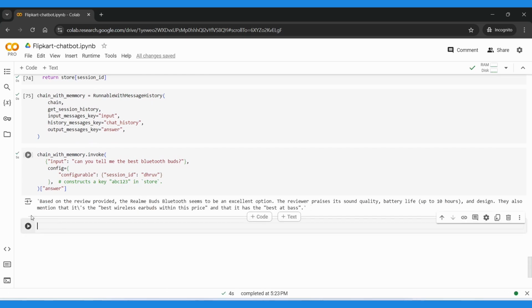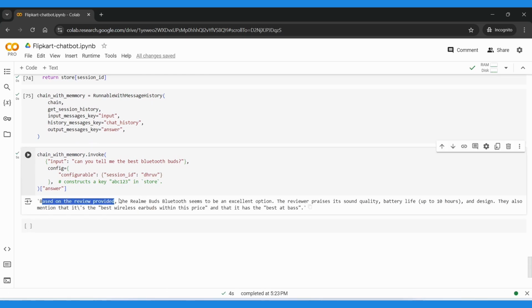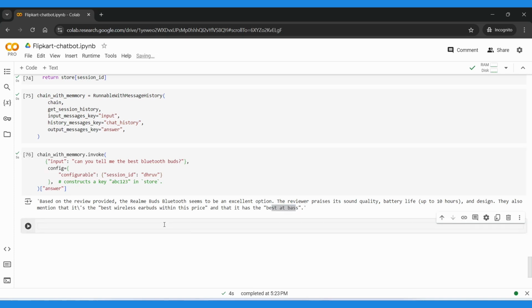See guys, it has suggested me, based on the reviews provided, that the Realme Buds Bluetooth seems to be an excellent option. The retriever praises its sound quality, battery life and design. They also mention that it is the best wireless Bluetooth earbuds at this price. So guys, this is our chain, and let me show you the